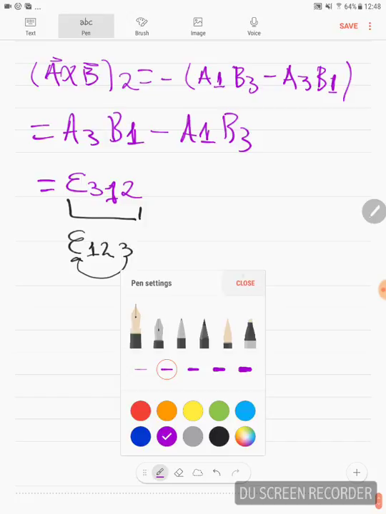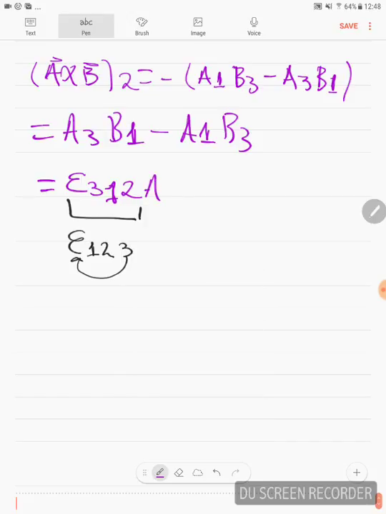Then what we do is just write A3 B1. This minus will be taken care of if we permute 1 and 3. So this is E1 3 2. Note that always the component we're referring to goes in the last position of the indices of the tensor, and then here we write A1 B3,